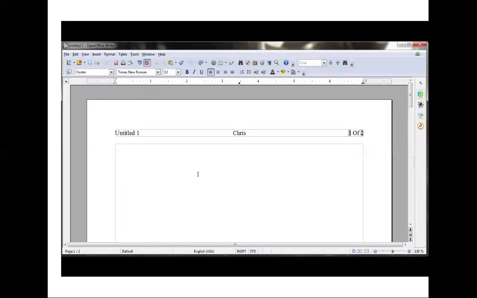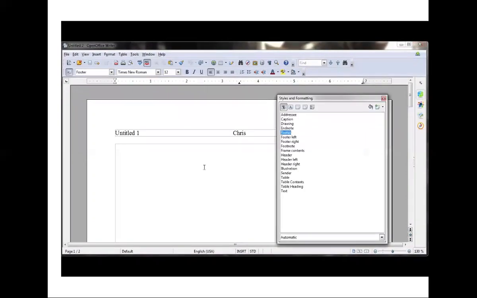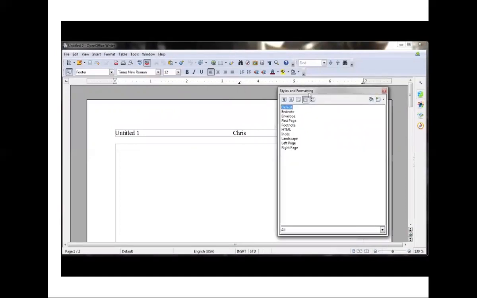Now, as for page styles, you can see all the page styles by hitting F11 to open up Styles and Formatting. We've been here before on the fourth page of that, or fourth tab rather. You can see all of the page styles associated with this current document. And we can also create new ones by going New Style from Selection, which will use the one we have selected from this list as the default settings for the new one, and then we can edit it.